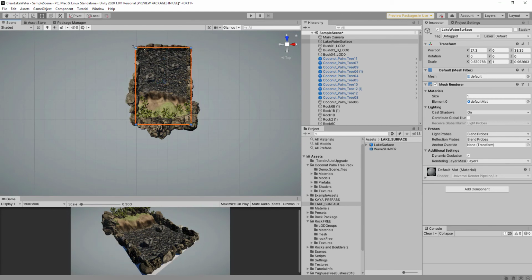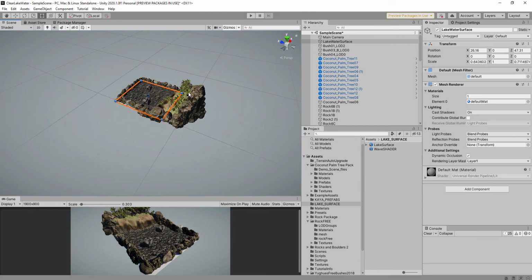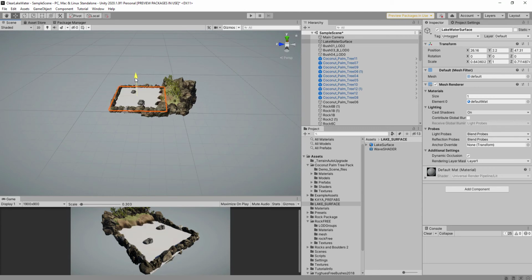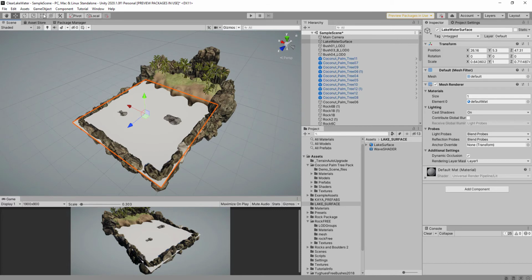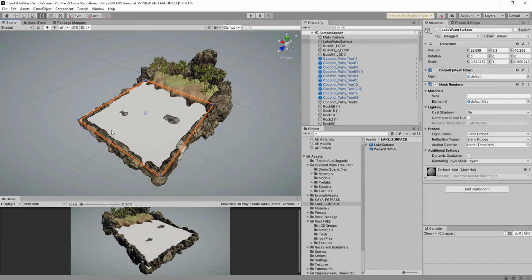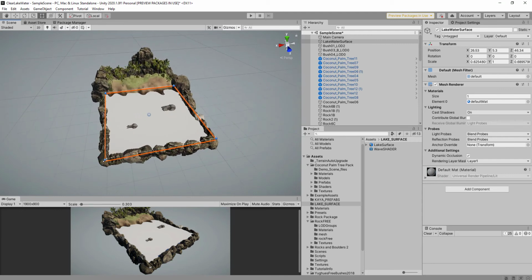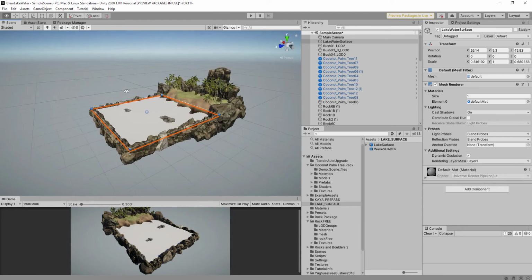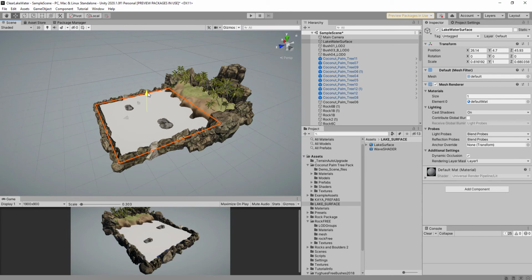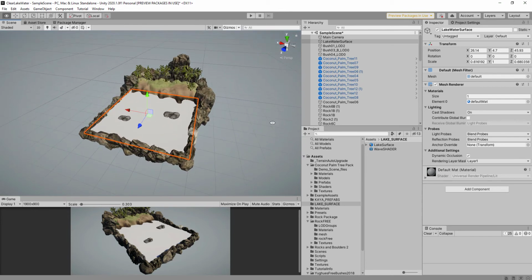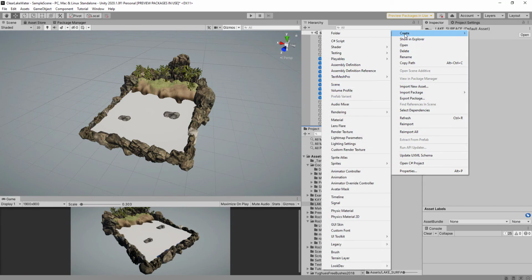Yes, and we can just resize. Yes, I think enough, as you see, and we can add a material,